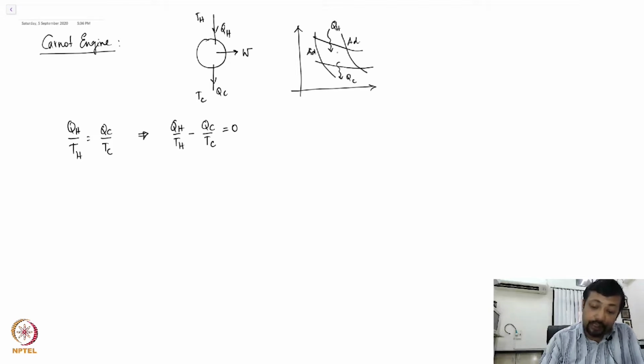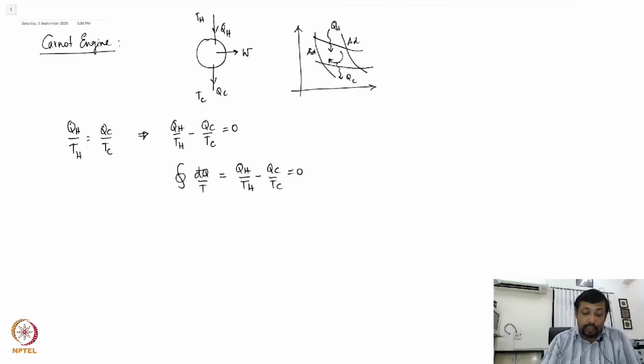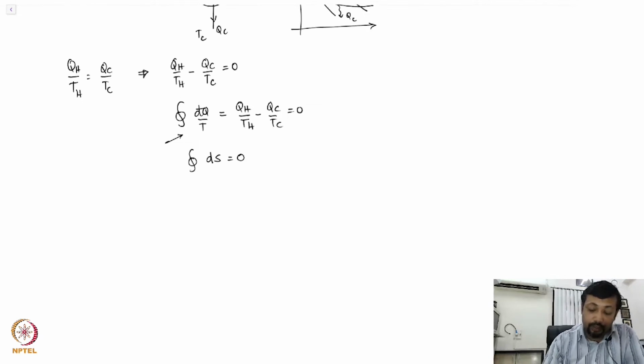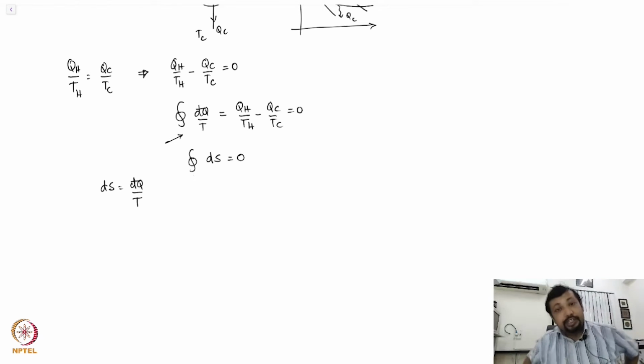And therefore it follows that for the whole cycle, if we write down an integral of d cut q over T and evaluate this integral for the whole cyclic process, then we would simply come up with QH over TH minus QC over TC, and that would be 0. So clearly this equation can be written in this particular form, where I have introduced dS equal to d cut q by T. The implication of this equation is that this quantity S is a state function.